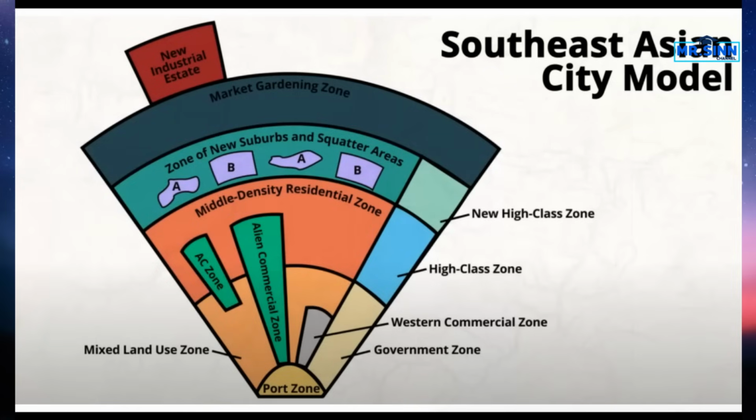So a lot of influences from colonial powers and foreign states. We can even see this alien commercial zone. So these are areas meant to facilitate and promote trade with other countries. But we have this government control zone here. It's overseeing things, just making sure there isn't some shady business or influence that they don't want.